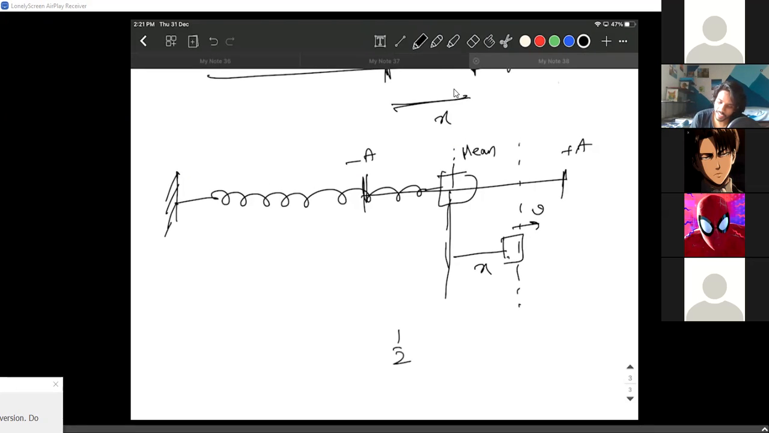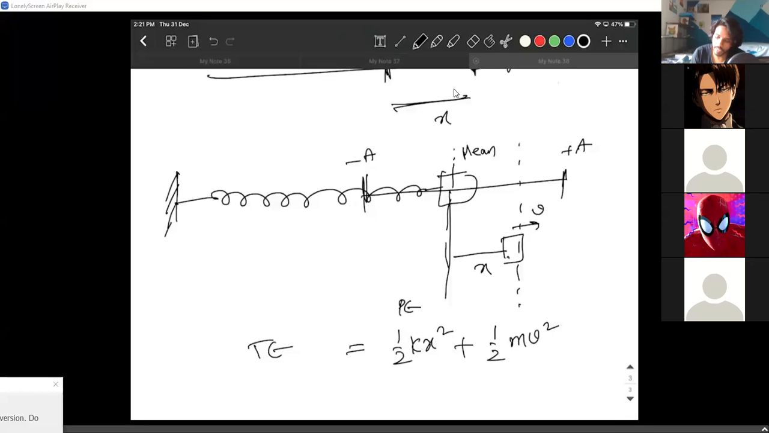So the potential energy goes like half kx square. The kinetic energy goes like half mv square. This is the total energy. This part is potential. This part is kinetic. Okay. Now,